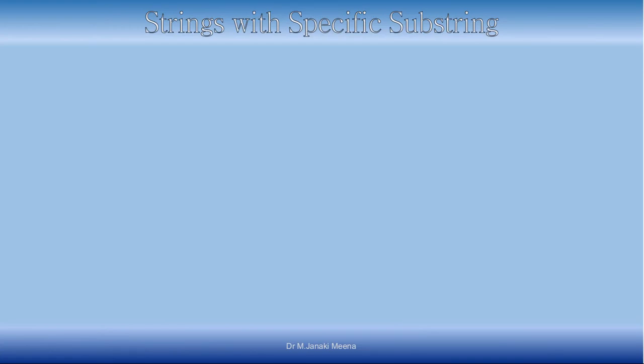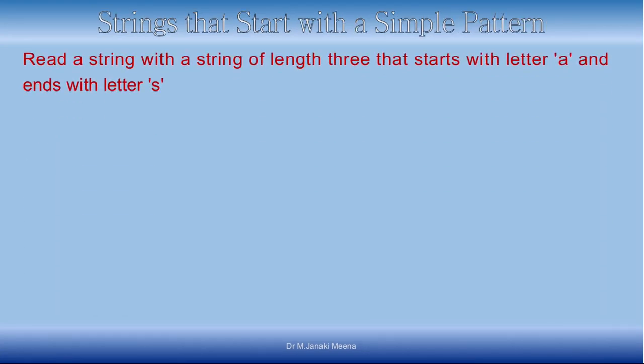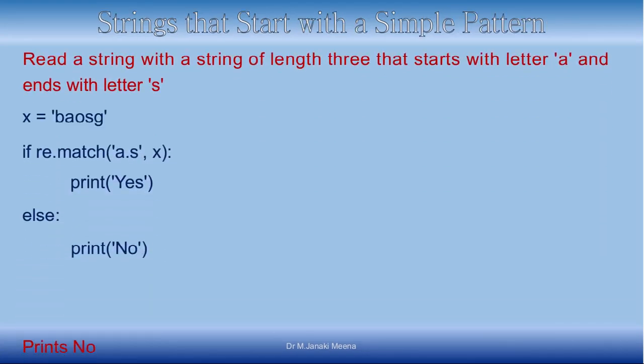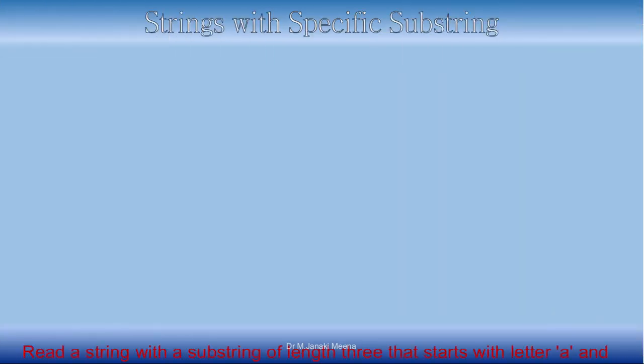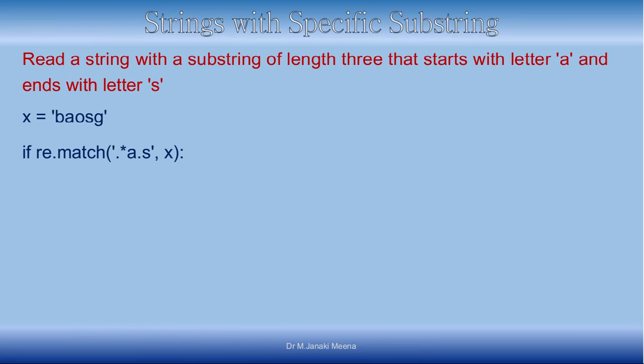Right. So next, what we are going to see is strings with a specific substring. This is like we were having a simple pattern. Next we are going to see when you want a string with a specific substring, where something can come before it also, in front of that. Previously it was starting with that particular substring. Now this substring need not be at the start, it can be in the middle also. Then what you should do is put a dot.